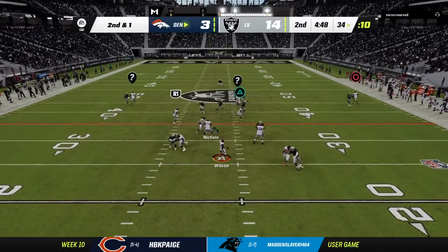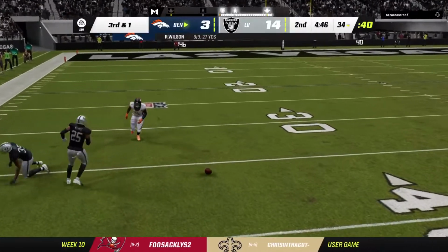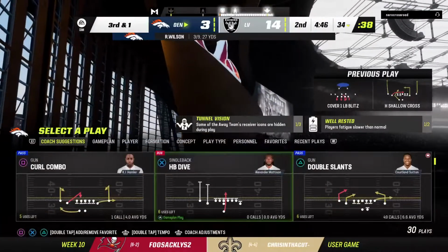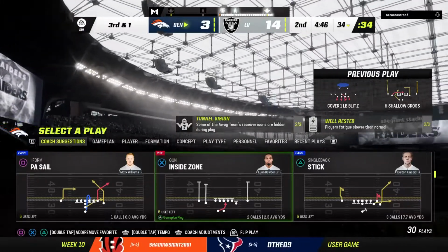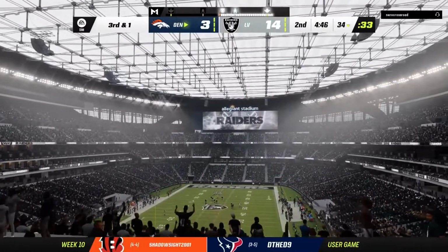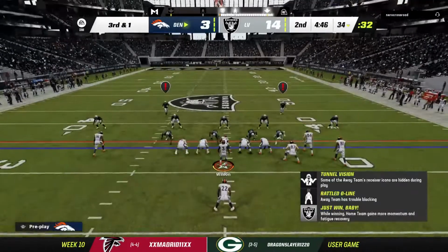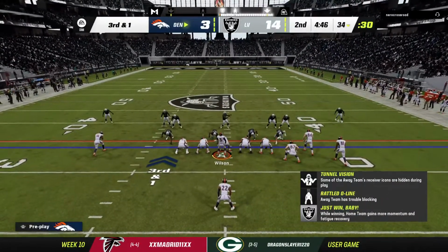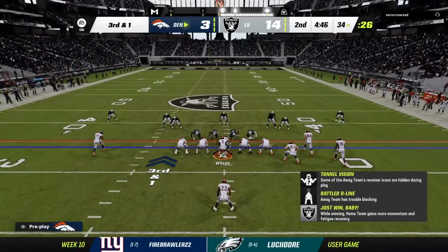Now it's Wilson. And it's knocked away and incomplete. That could have been a huge play, but give the defender credit. Stayed calm, stayed collected, and kept himself in a position to make a play on the ball without a penalty. This offense so far on 3rd down, they've only converted once in 4 tries. They need just a yard here. It's 3rd and